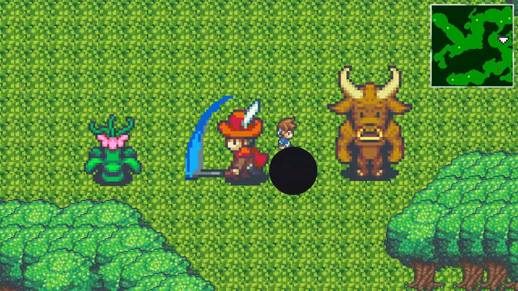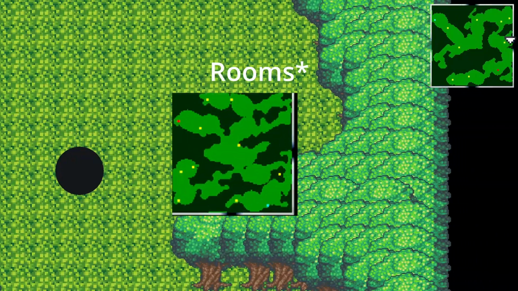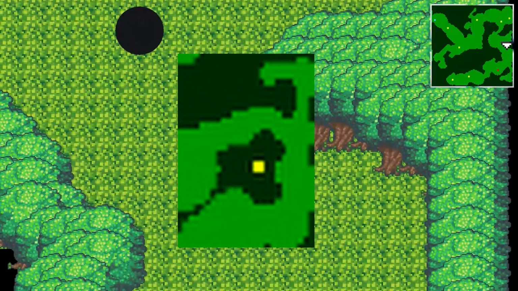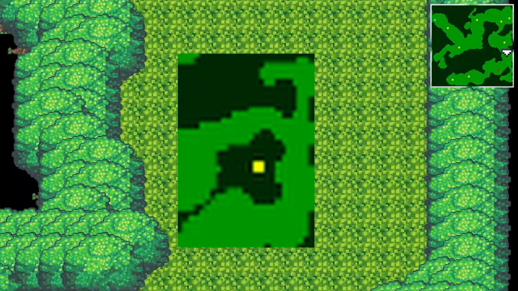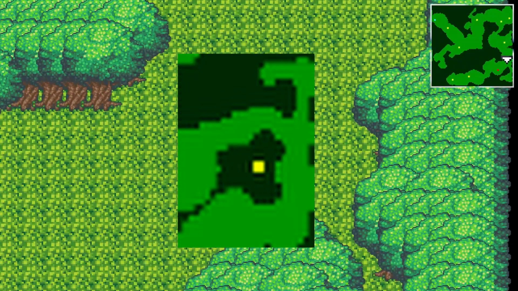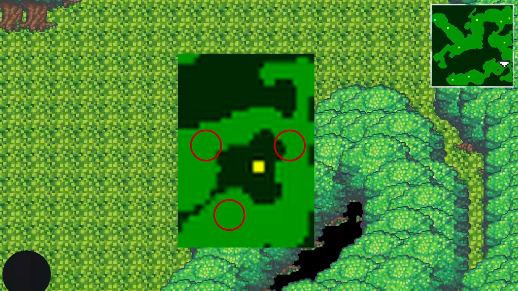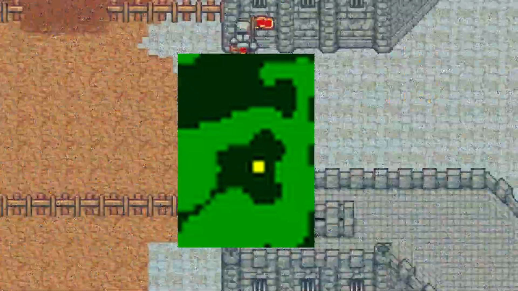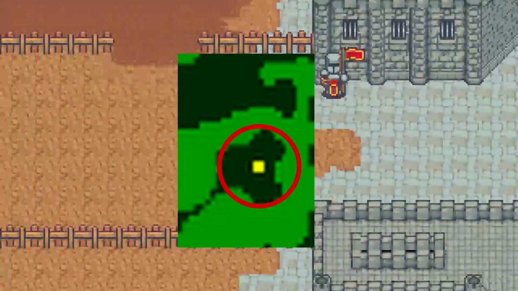But I ran into an issue. Some of the walls are U-shaped, and thus the middle of the room is actually inside of the wall. I had two ideas to fix this. 1, randomly pick points around the room until we find one that is not a wall. Or 2, ensure there are no walls in the center of any room by drawing a circle of ground tiles